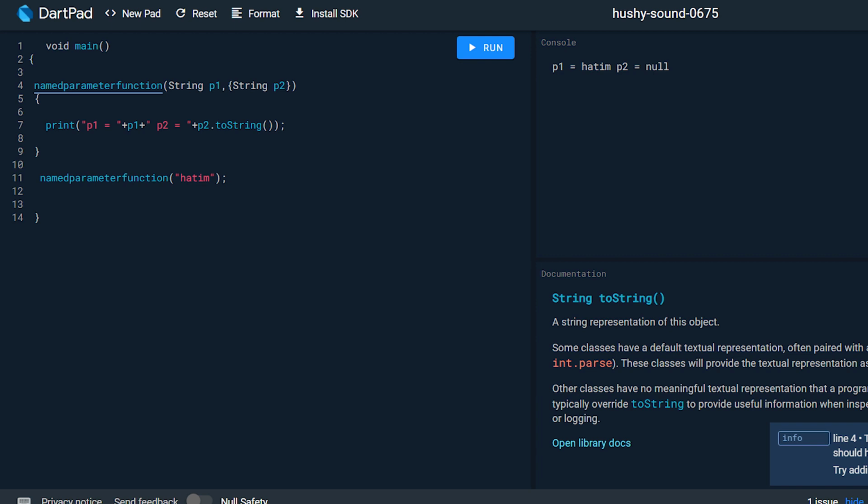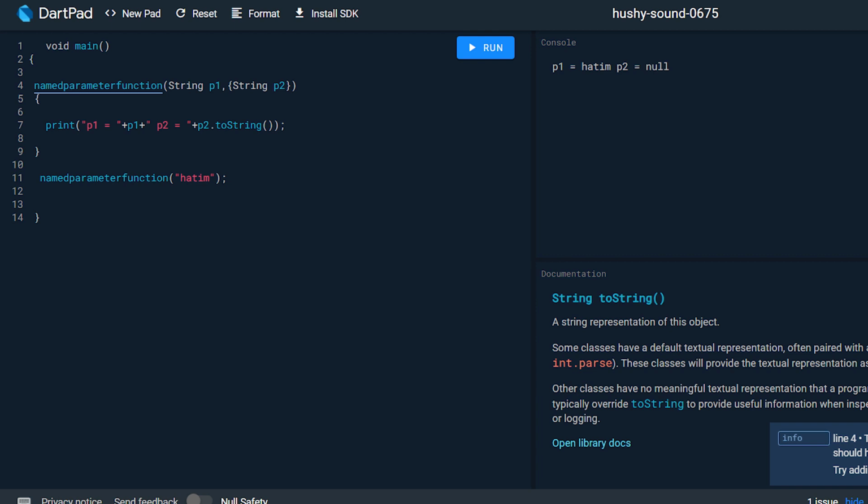Because we passed only one argument, Hatim, and this Hatim is assigned to the parameter p1. And this parameter p2 is the optional parameter. That means if we do not pass the second argument, then p2 will automatically be initialized with null. So that's why it prints p2 equal to null.